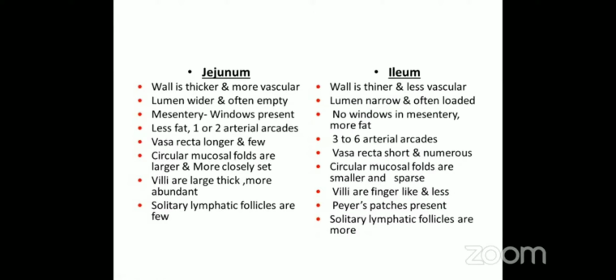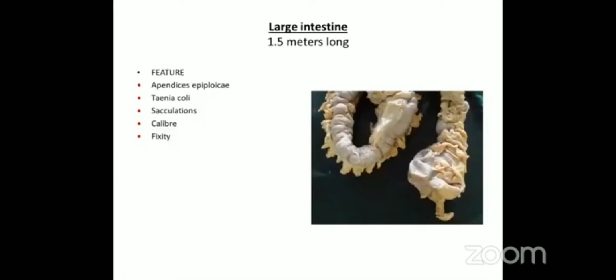The other difference is that for jejunum the wall is thicker, and for ileum the wall is thinner. The mucosal folds are closely set in jejunum. So if you feel the jejunum, there is a tube in tube appearance, which is not seen in ileum. But what is present in ileum is more of lymphatic follicles, which are called Peyer's patches. So that is the difference that can be asked between jejunum and ileum. Now the small intestine, how to differentiate from large intestine?